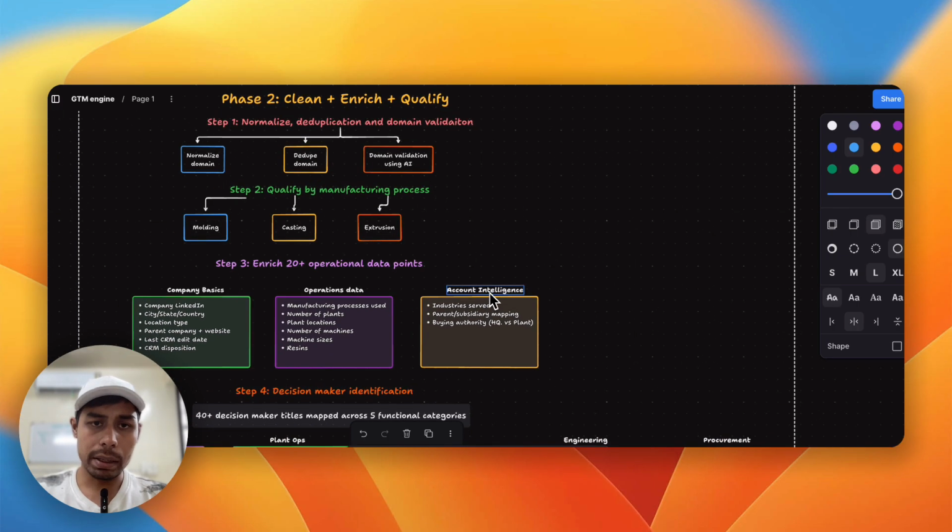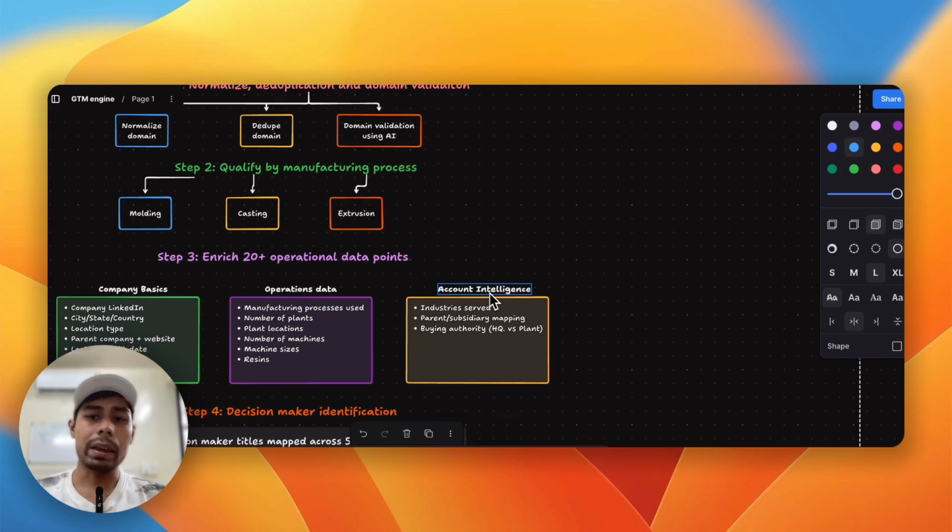Now we move to the second step, which is qualify by manufacturing process. We now have a clean list of active companies. The next question is, are they actually a prospect? For this client, the qualifying criteria was manufacturing processes. They can only sell to companies that use one of these processes, which is molding. In molding there is injection molding, blow molding, and then casting, extrusion, and 2 or 3 more